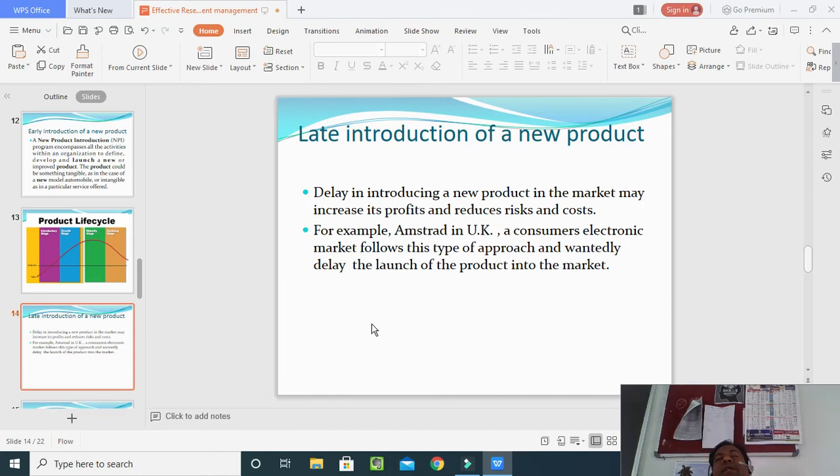So what will happen, sometimes before launching the product into the market, it can be easy if you keep waiting for a time period, so that when our competitors are launching, when we come to know the defects of their advertisement or introduction stage, we have the time, so that we can save the risk and cost, and we can increase our profit by adding the new feature in the market.